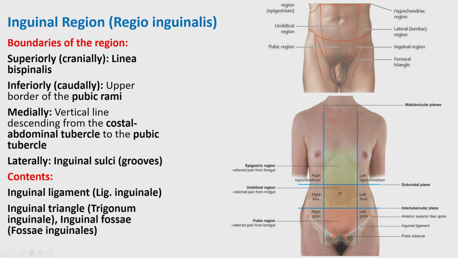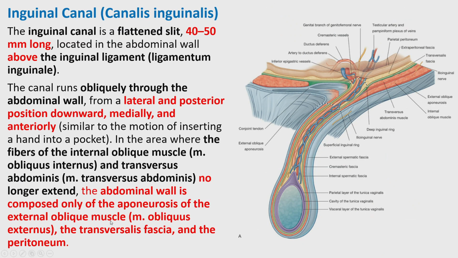The border superiorly is the bispinal line above, and below it's the upper border of the pubic ramus, or the ramus of the pubic bone, and medially is the vertical line of the continuation of the medioclavicle, and laterally it's the inguinal sulcus. So the content we said, and now the inguinal canal